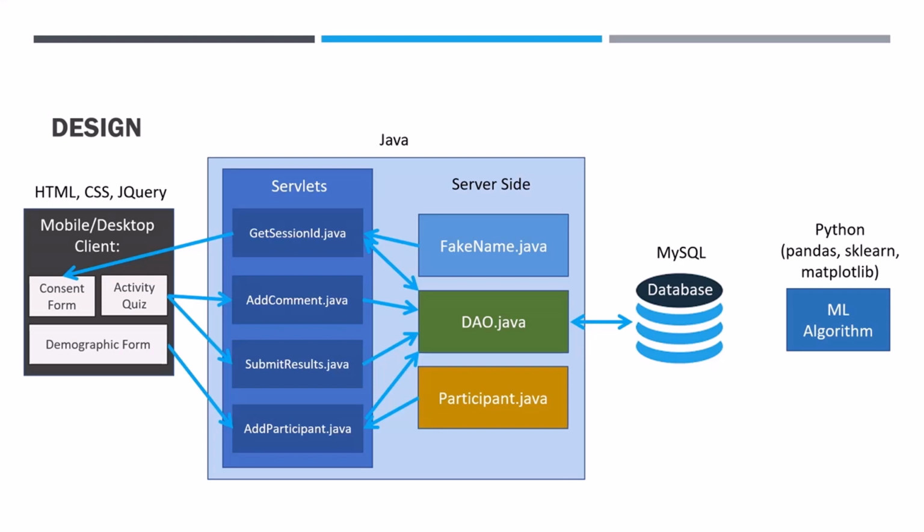So the database is able to use views in order to prepare the data in a way that the machine learning algorithm can retrieve once it's been exported. I did this via a CSV. So this is how the whole design of the system was implemented, but also how the data flows between each component.